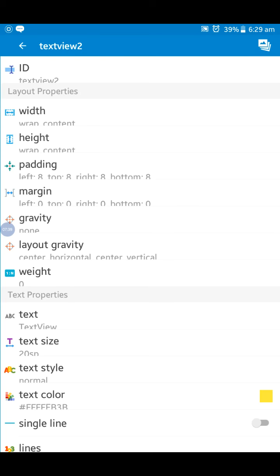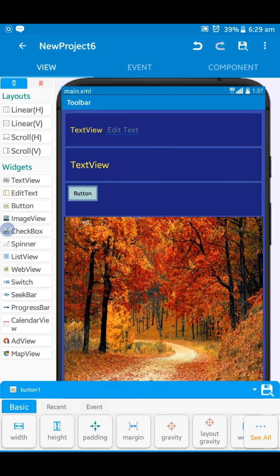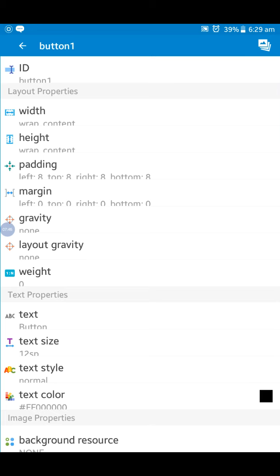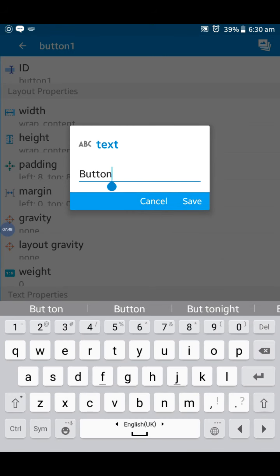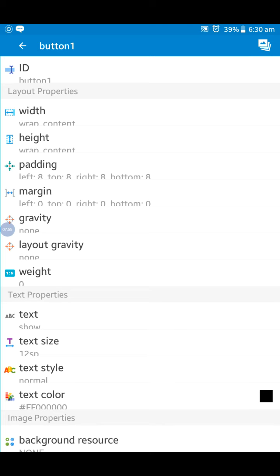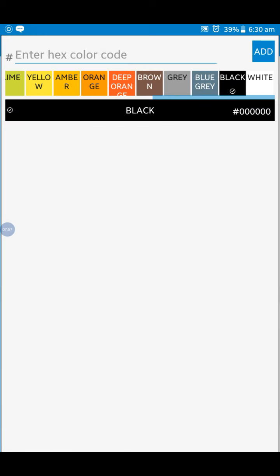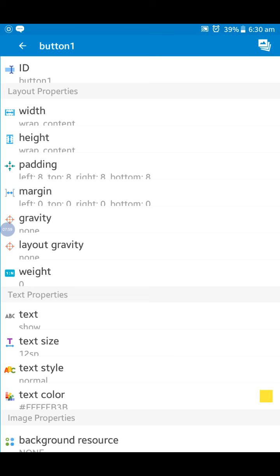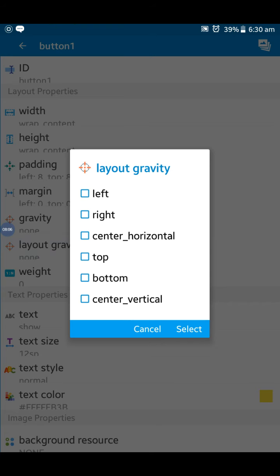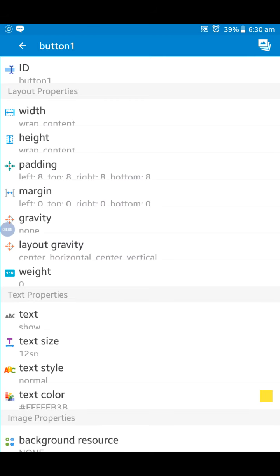Done. Then we go to the button, text set as show, save, and the text color will be yellow. Assign. And layout gravity we assign center vertical. That's all.